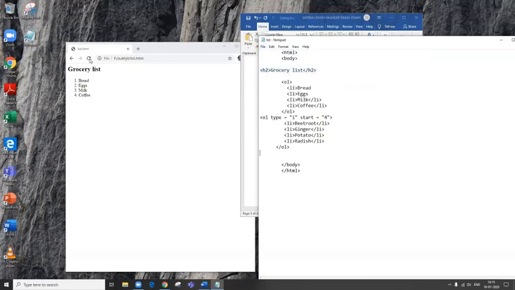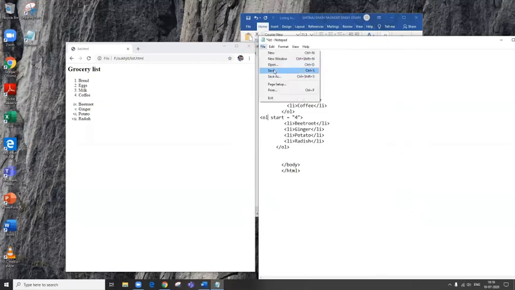Okay, so let's see here, there is another list that has been created, but it is in Romans, and it is starting from the 4th number, because here I've mentioned number 4. If I do not mention any type here, children, what is the default? 1. So it will take the default as 1 and display the list as 4, 5, 6, 7.